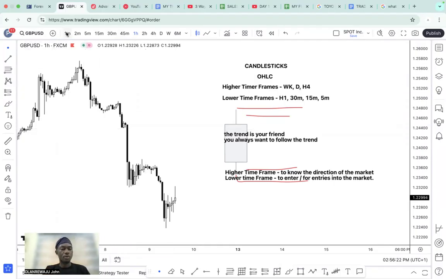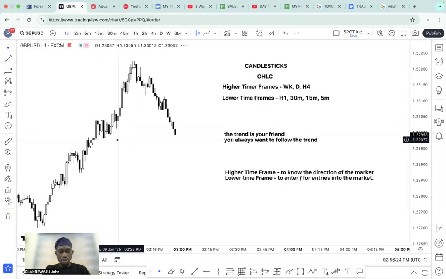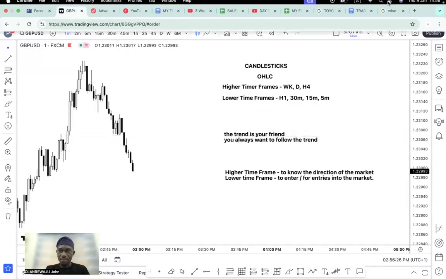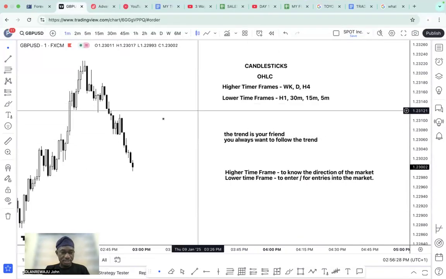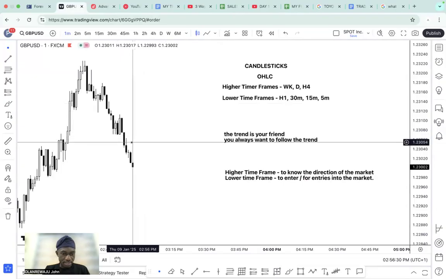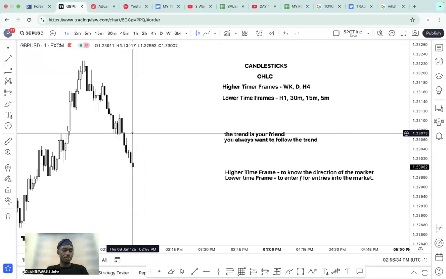When we go to check for 1 minute too, you observe currently what's the time? The time is 2:56 p.m. You see that this one that is forming currently, can you see the time? 2:56 p.m. So everything on the 1 minute time frame opens and closes. By the time we get to 2:57, another one will open. Let's just chill and see. It's less than 60